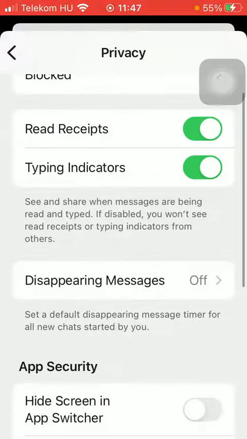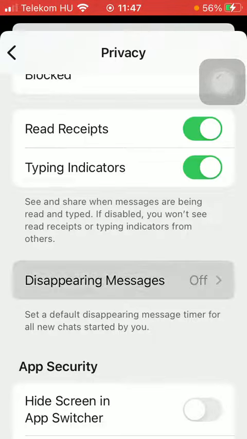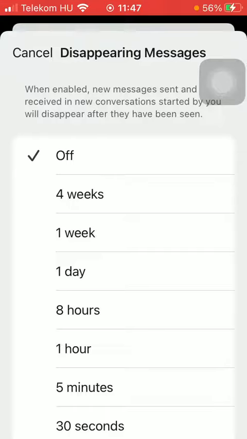Here you have the fourth option, which is disappearing messages. Here you can set a default disappearing message timer for all new chats started by you. So tap on the disappearing messages bar, and here you can set the